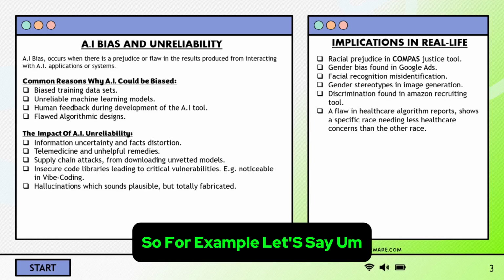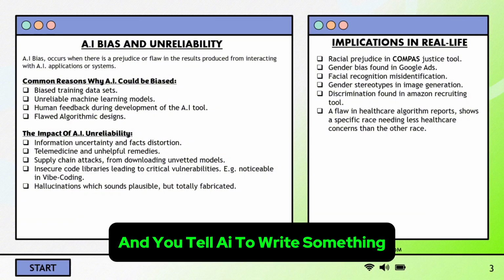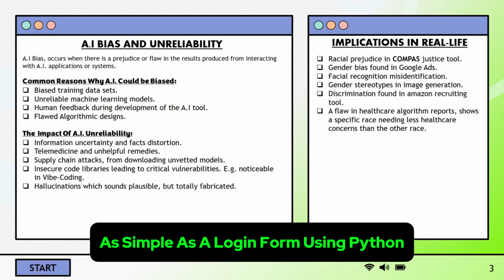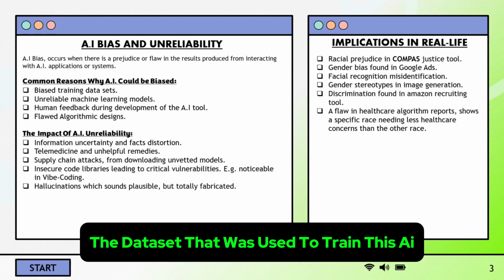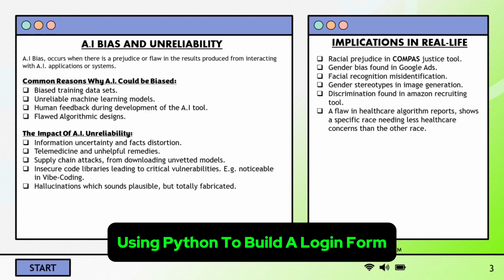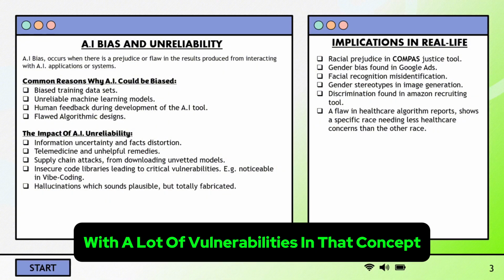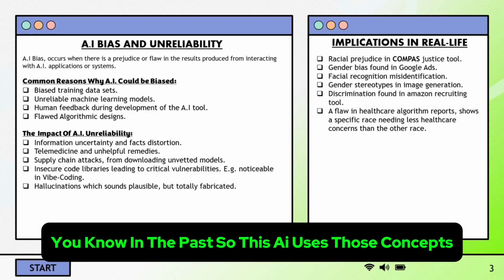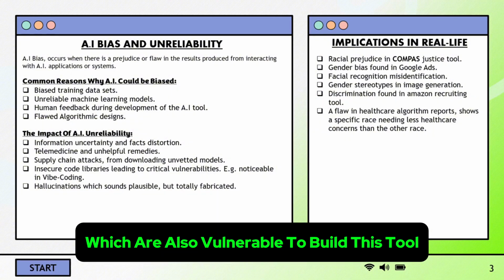instruction you have fed. So for example, let's say you're trying to write code using Python, and you tell AI to write something as simple as a login form using Python. And let's say the data set that was used to train this AI to build a login form has a lot of information that has Python code with a lot of vulnerabilities in that concept of building that form, in the past. So this AI uses those concepts, including importing the necessary Python packages, which are also vulnerable, to build this